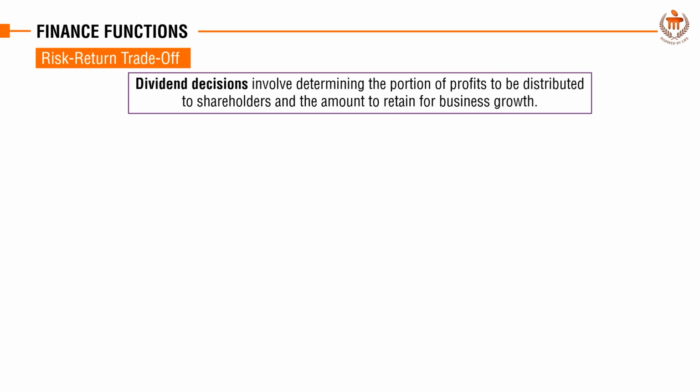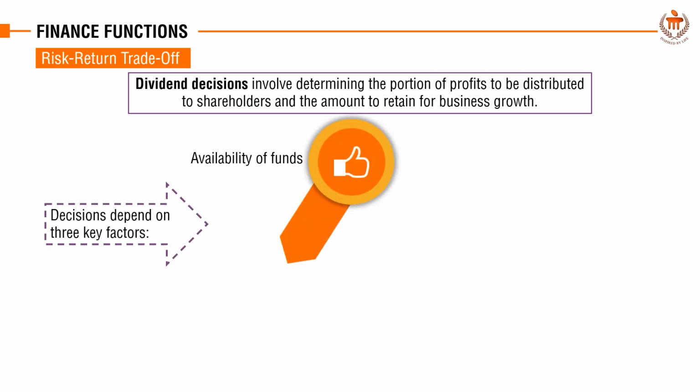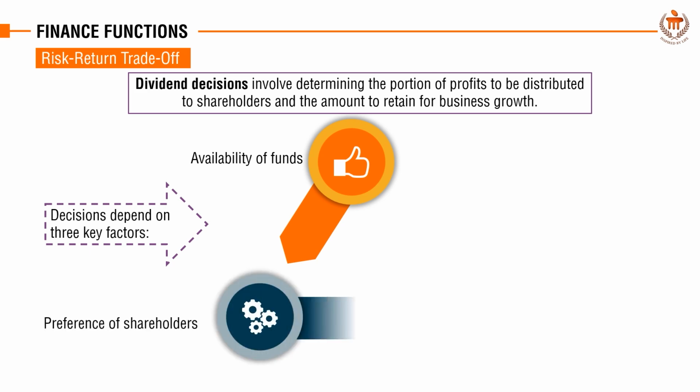Dividend decisions involve determining the portion of profits to be distributed to shareholders and the amount to retain for business growth. These decisions depend on three key factors: availability of funds, wherein adequate cash flow and profit levels are necessary to support dividend payments; preference of shareholders, wherein companies consider shareholders' expectations such as consistent dividends to maintain trust and loyalty;